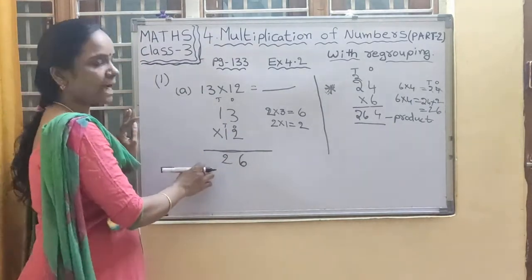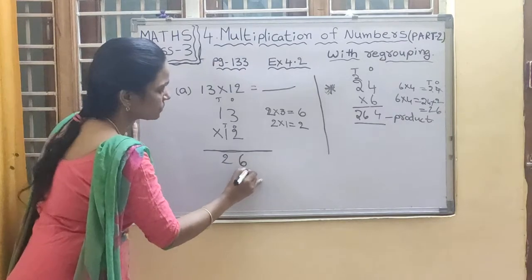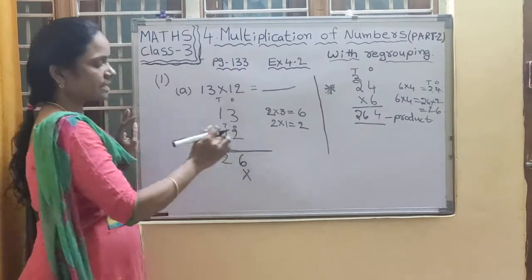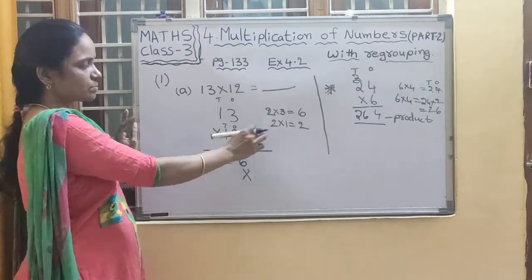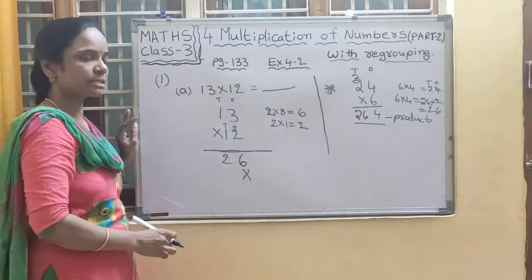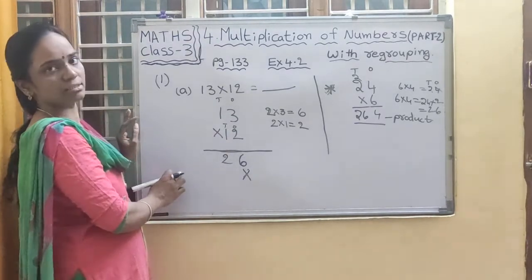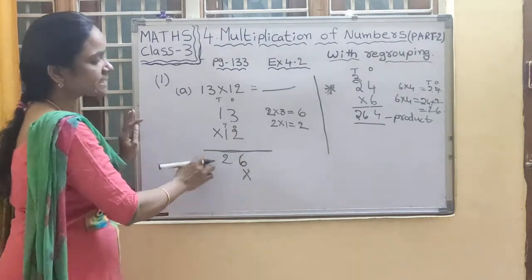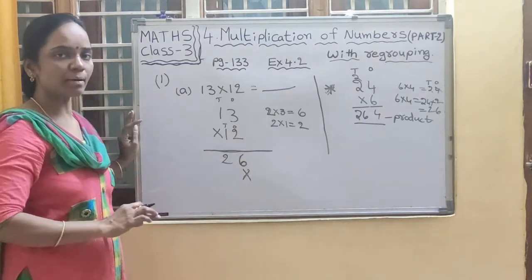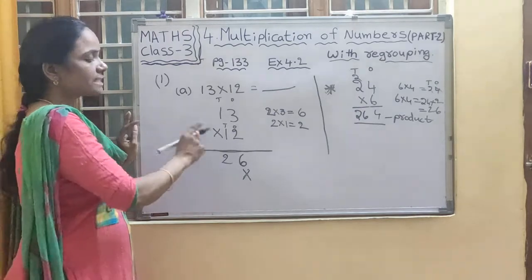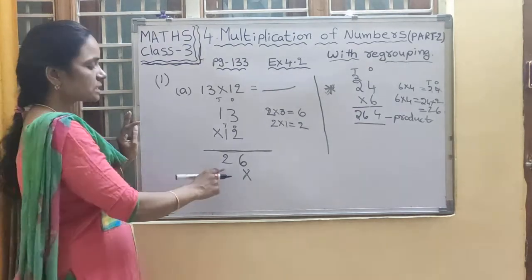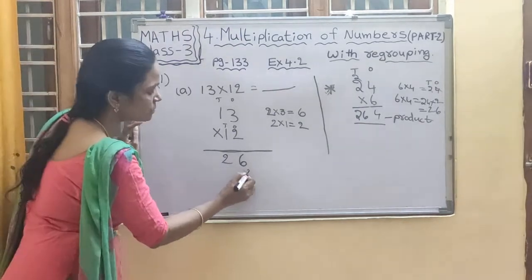Now in the second line we have to put 0 for the ones place, because we are already done with the ones place. We are going to do the tens place now. So start with the tens place. With the 2 already completed, the ones place digit is completed. We are doing the tens place digit now.